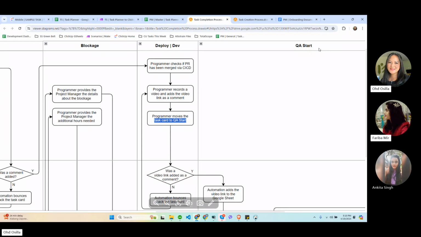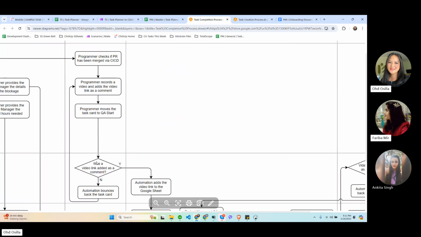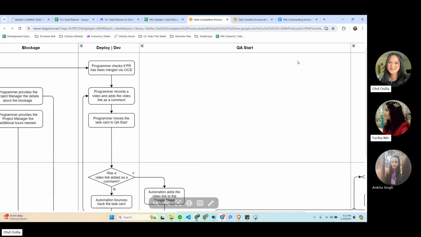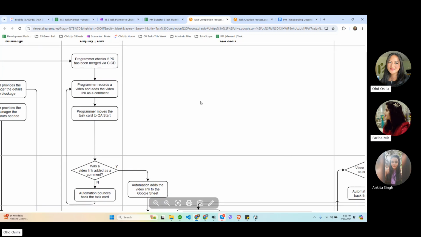Our QA does not do QA testing on tasks that have not been moved to QA start, just to make sure that what QA is doing is something the dev has already tested themselves. It's not something they just submitted and said complete. If there's no video link added to the comment, the task is bounced back from QA start to deploy to dev.